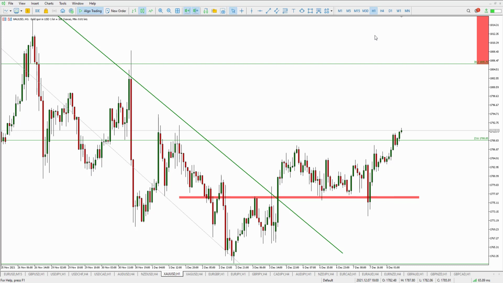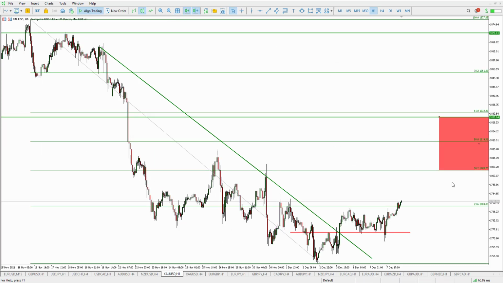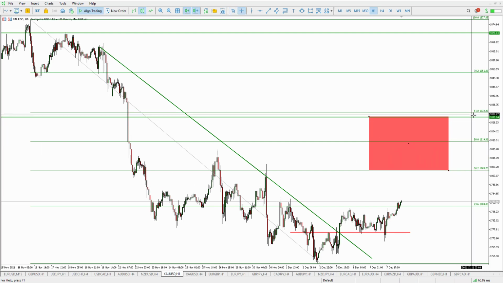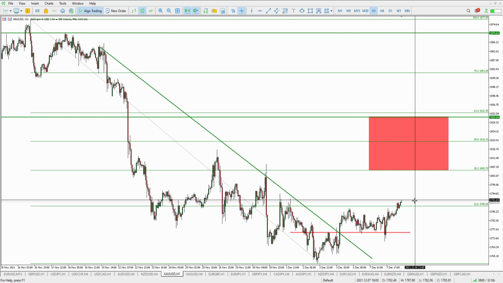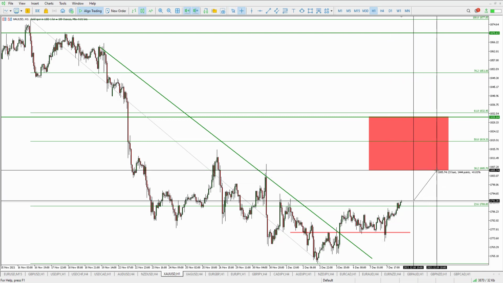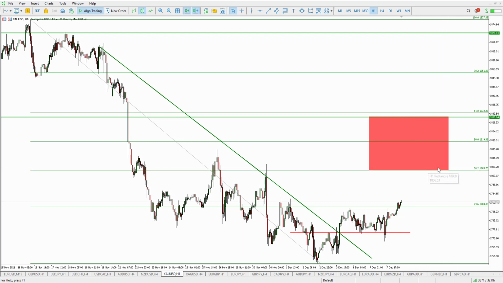And again, I'm going to share the targets with you guys. This is something that we're looking at as well. First, we were looking at the 1830 level for potential targets. However, I see that it takes quite a long time for price to gain momentum to go to the upside. So to be honest, I'm going to be looking at first targets around 1805, which is again a Fibonacci retracement